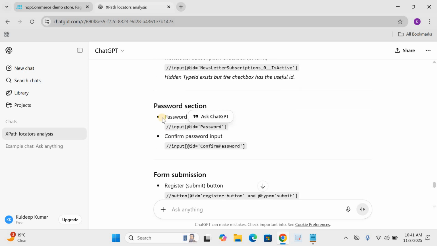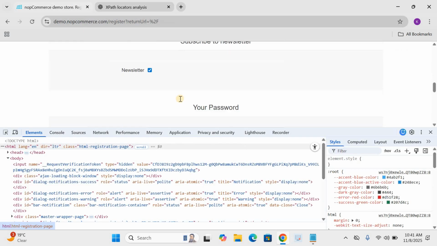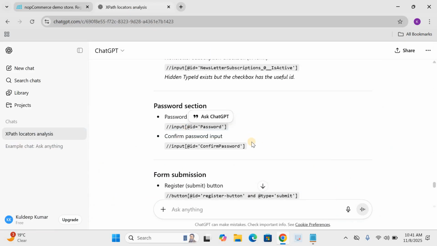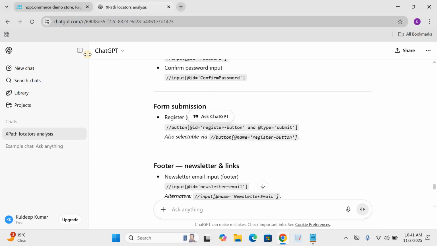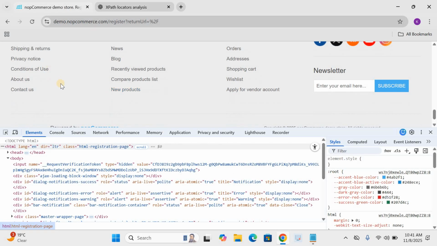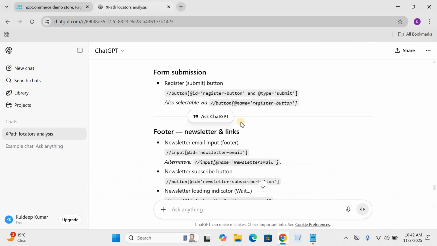And then it came to the password section, where it has given the XPath for the password and confirm password input fields. Then the submission, and then there are multiple links which are present at the bottom of this screen.